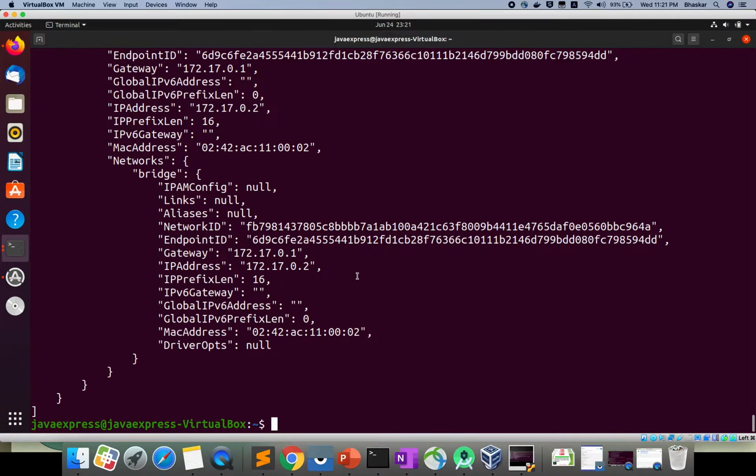Okay, sorry, we created the container with the default network. Now I need to specify the network equal to host. Okay, --network host I have given.